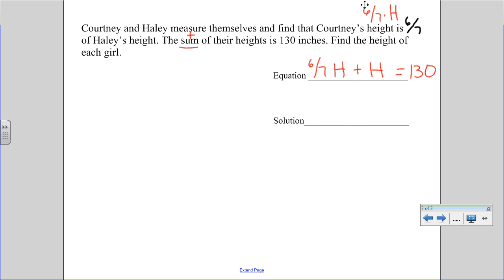We're going to add those together. You've got a couple of options. Use your mental math, use your calculator. But you're going to get 13/7 H is equal to 130 when you add 6/7 plus 1. Divide by 13/7. Use your parentheses. And we're going to have H is equal to 70 inches. So that means Haley has a height